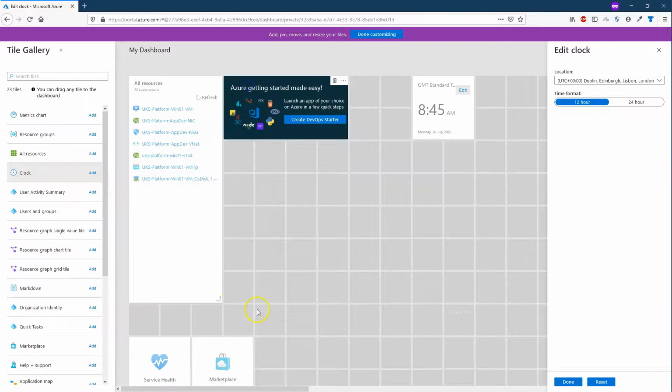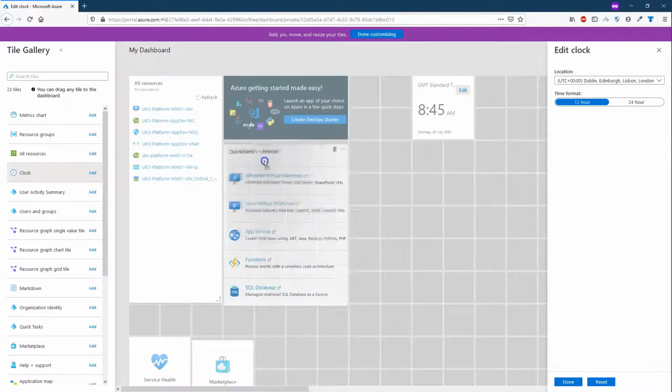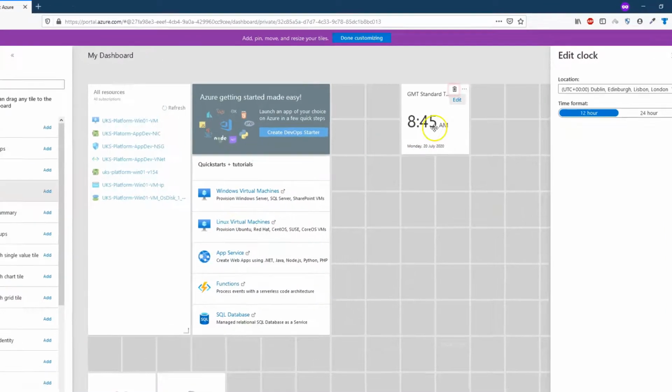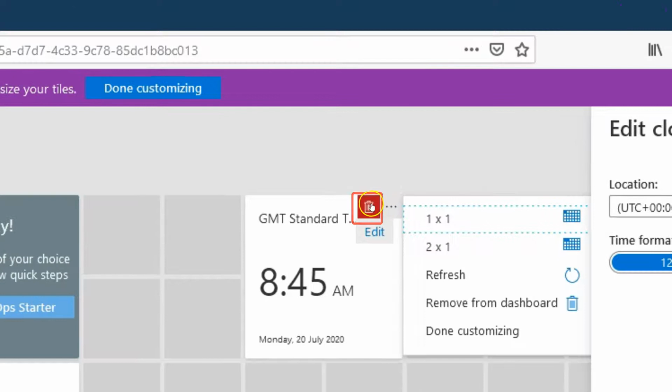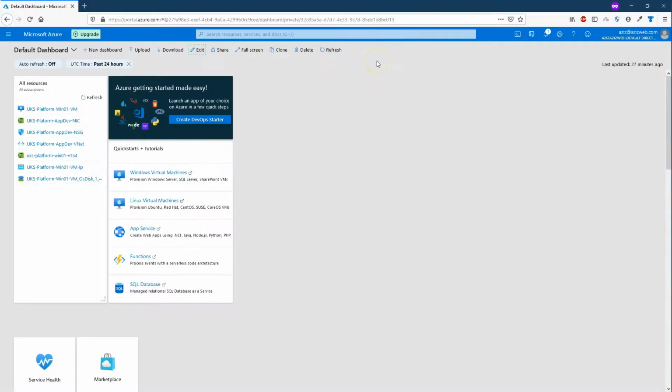Tile can be repositioned in the dashboard by dragging and dropping at desired place. Tile can be deleted by clicking delete icon button on right top corner of the tile. We can rename the dashboard while it is in edit mode. To save changes and finish editing, click on done customizing button on top of the screen.